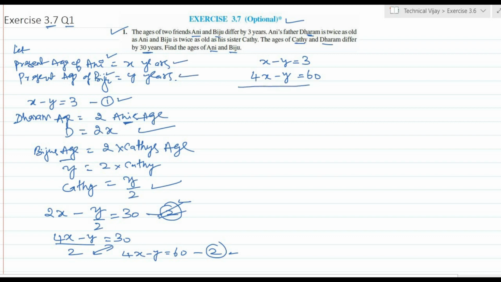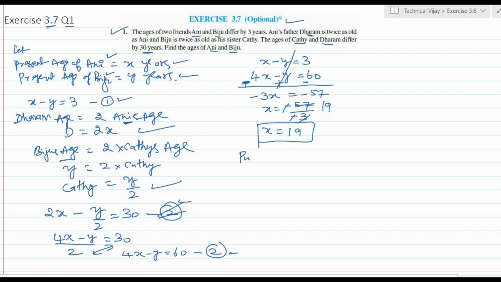Okay, so now we will subtract these two equations, because the coefficient of one of the variables is the same here. See here the y coefficient is the same. So we will subtract here so that plus becomes minus, minus becomes plus, plus becomes minus. Okay, x minus 4x, this is minus 3x. Here y cancels. So here minus 60 plus 3 means minus 57. Okay, x is equal to minus 57 divided by minus 3. Okay, x is equal to, minus minus gets cancelled, 3 ones are 3, 3 nines are 27. So x is equal to 19. So here x equal to 19.